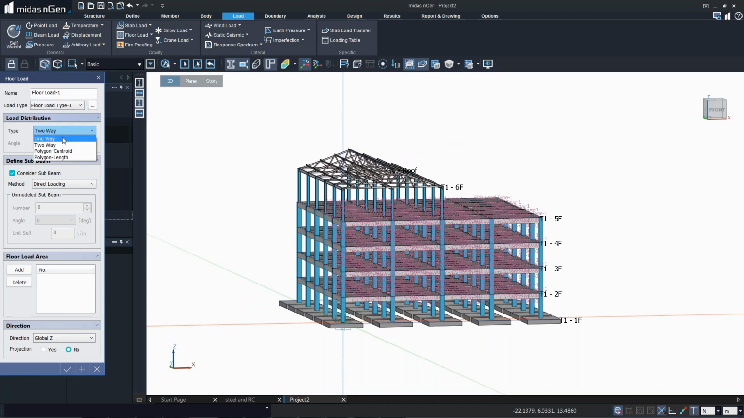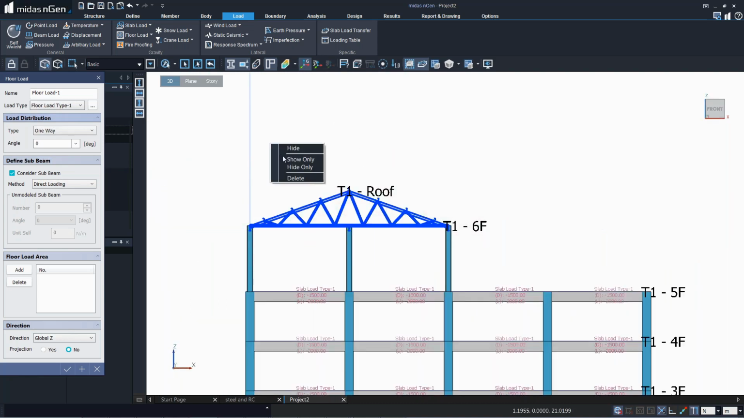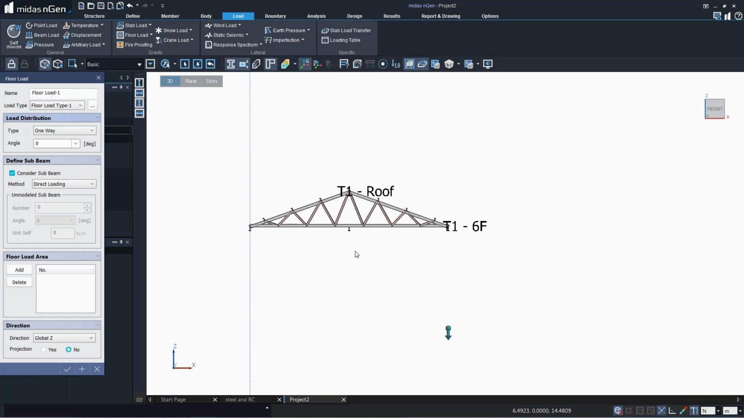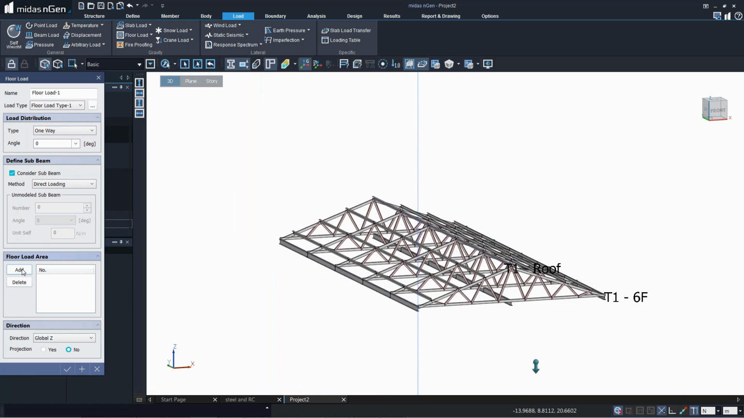Now I'll assign a load distribution. We want one-way type of load distribution of the roof, wherein the load will be transferred on the purlins. For that, I'm going to activate only my roof to make it easy for application of floor loads. And then let's add an area on which these floor loads are to be created. Now, usually we sometimes need dummy beams, or we need to create groups to assign the floor loads on an inclined plane. Here, that's not required. You just have to provide the periphery points